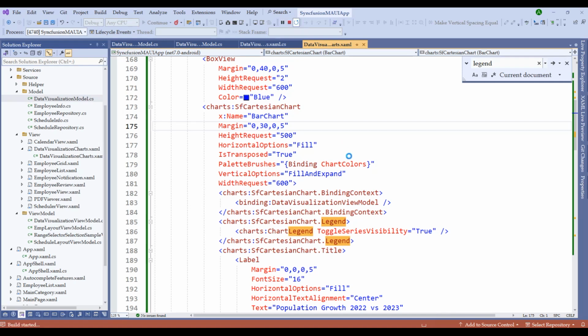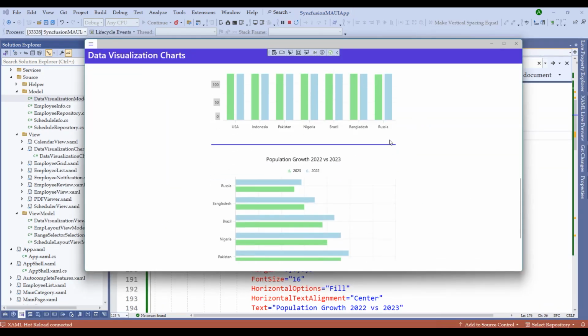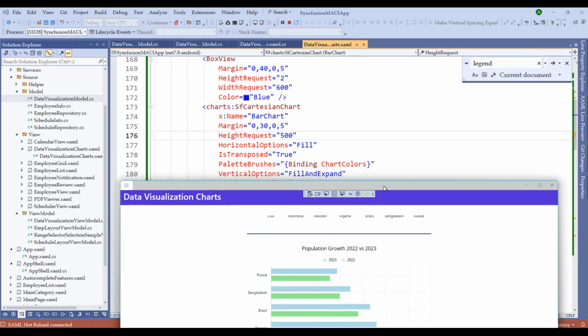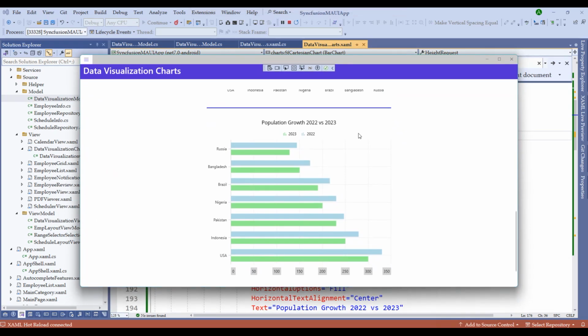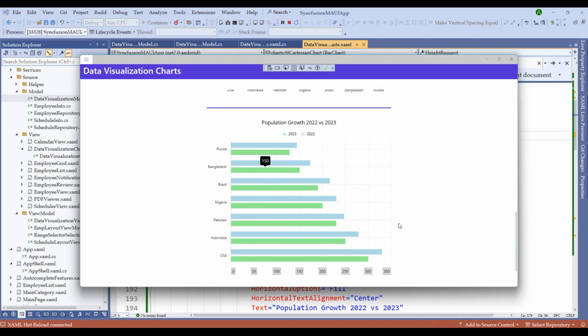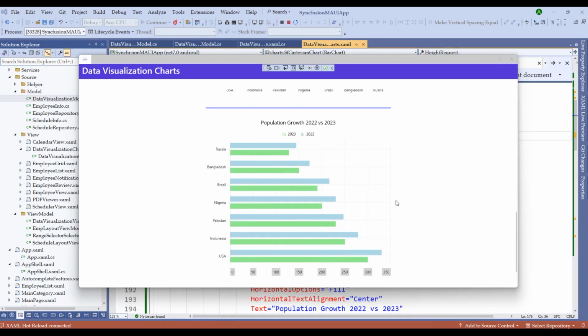Let me restart the application and notice the output. Notice that we now have a bar chart with a change in representation of the x and y axis, and the isTransposed property has done the trick in interchanging a column chart to a bar chart. That's all it is. Let's now create a line chart